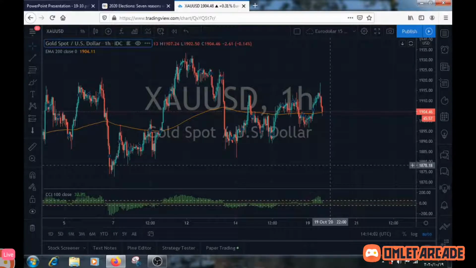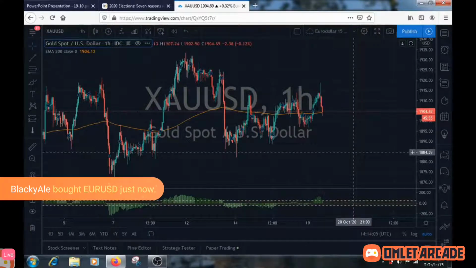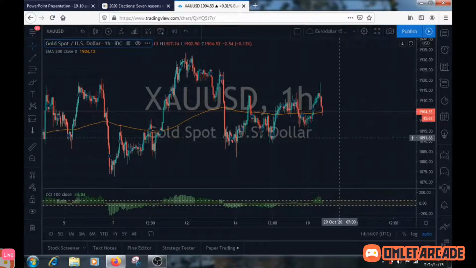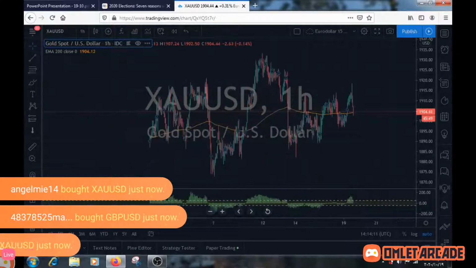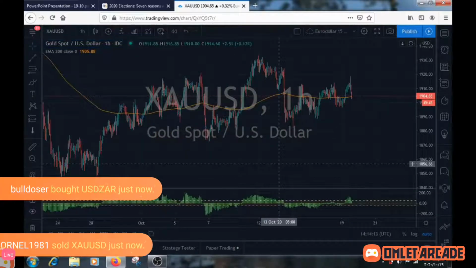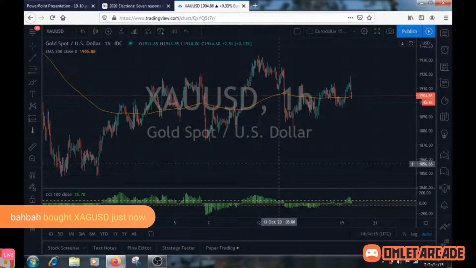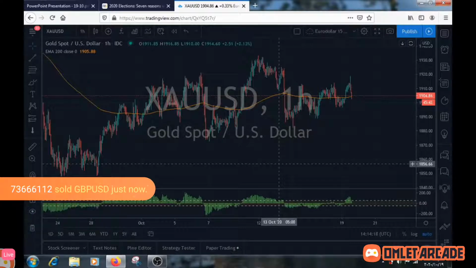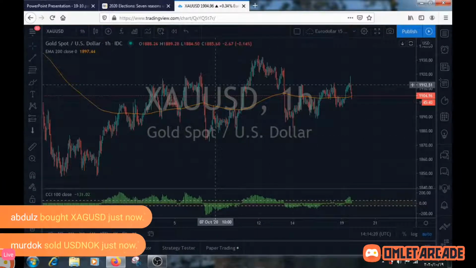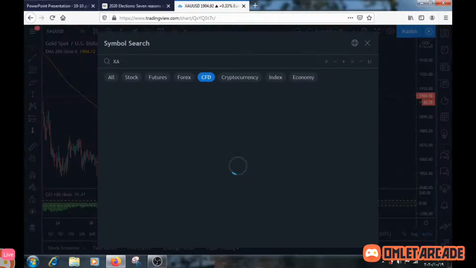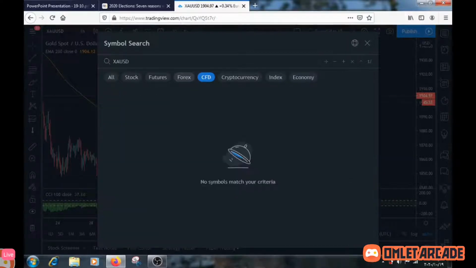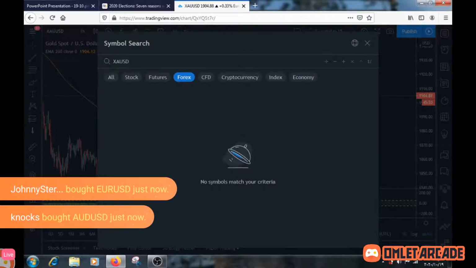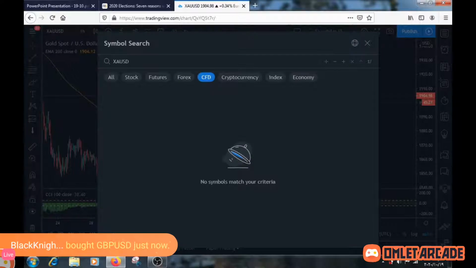So you can see 1,887, 86. It's better when you want to enter to just leave your entries by limits, or you test the levels by micro entries or mini entries at these levels. I would not go